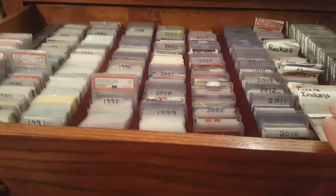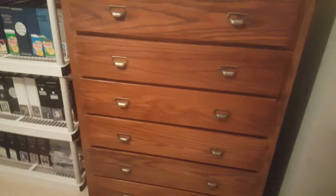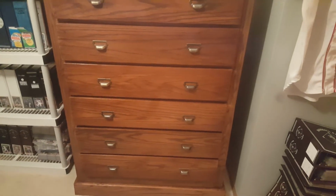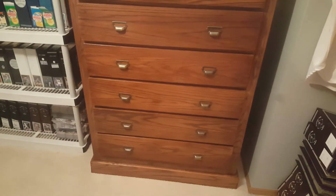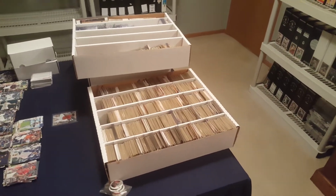And the goal then, that's as far as I've gotten, like I said, but the goal then would be to put my keepers for football and basketball in the next drawer down, and then that would leave me 4 drawers for my traders. And I've started sorting those, getting the boxes ready. Got a whole closet full of those boxes too. I think I've shown this in the background a few times before, but I'm thinking I can get them all in here because there are